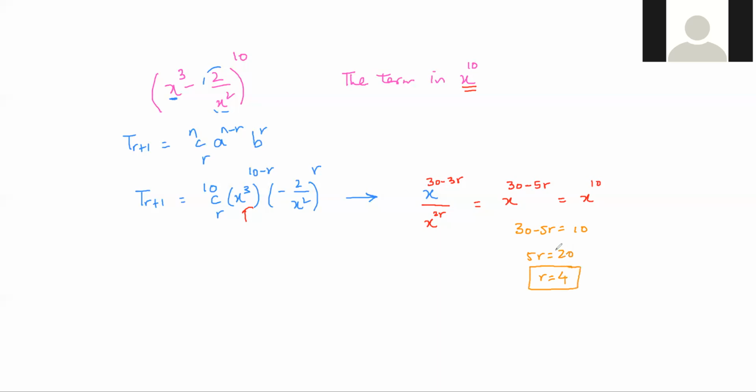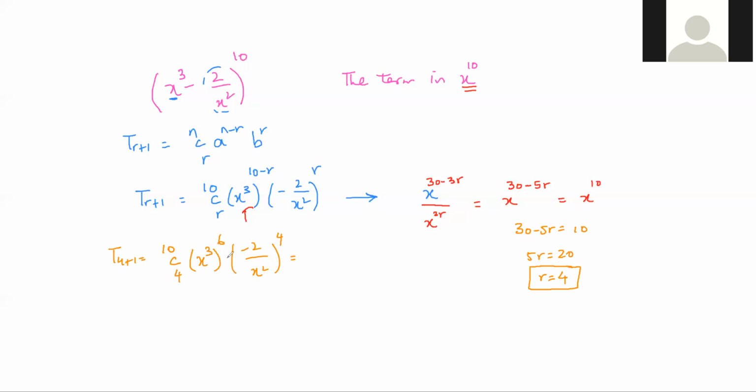So that means the examiner wants the fifth term. Let's put that R equals 4 here. This is 4 plus 1, this is 10C4, and this is x cubed raised to power 6, times minus 2 over x squared raised to power 4. If you simplify this,